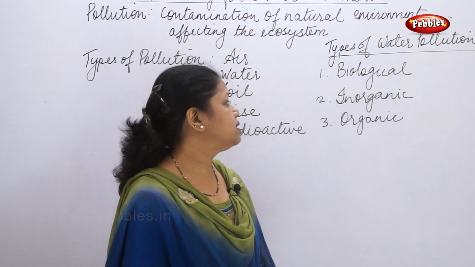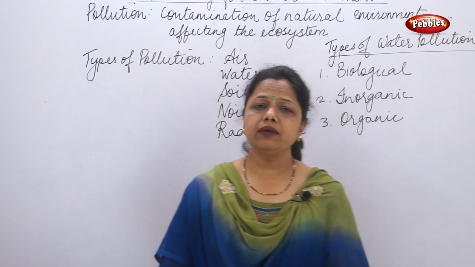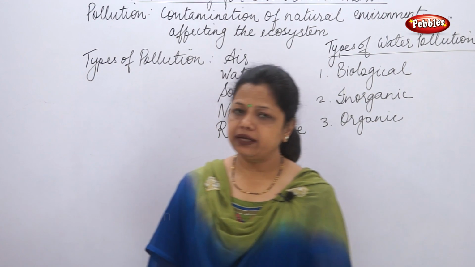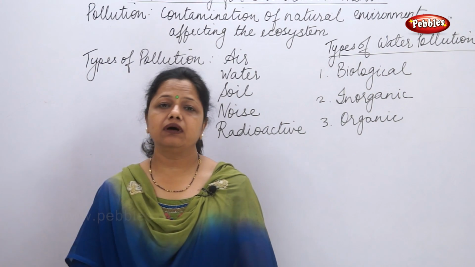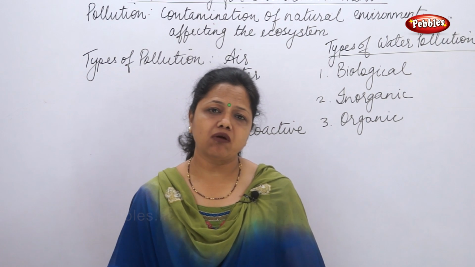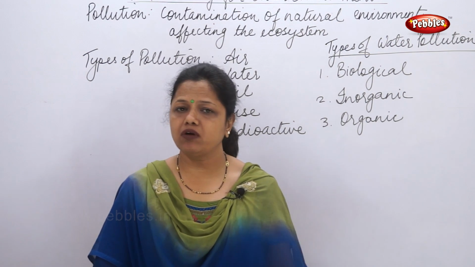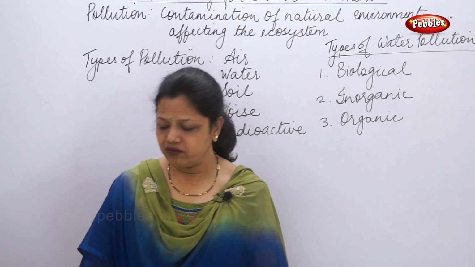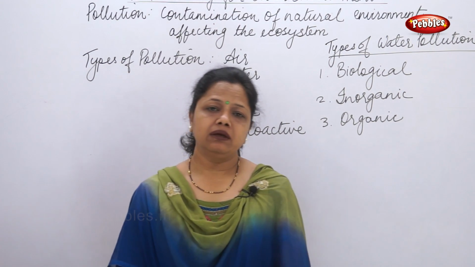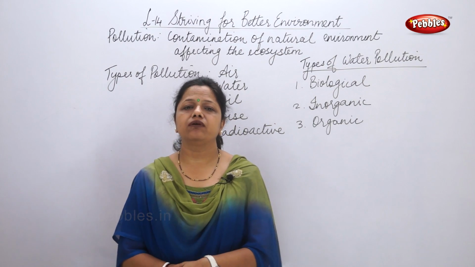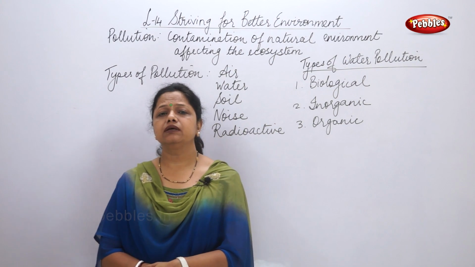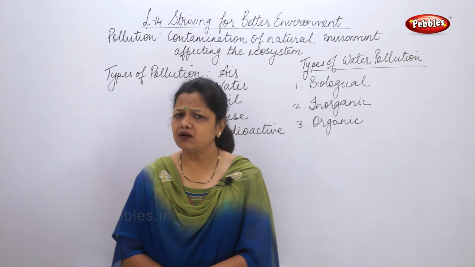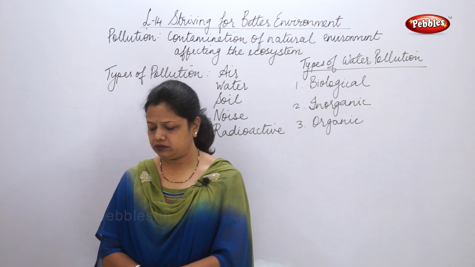The second type of water pollution is the inorganic type. Inorganic minerals are huge in number. They may contain fine sand, clay, and various types of metamorphic and sedimentary rocks which get decayed and mixed with the water. These minerals may contain cadmium, lead, silver, and mercury. These are very different types of minerals which can enter the water bodies and harm in the form of pollutants. And these are called the inorganic type of water pollution.